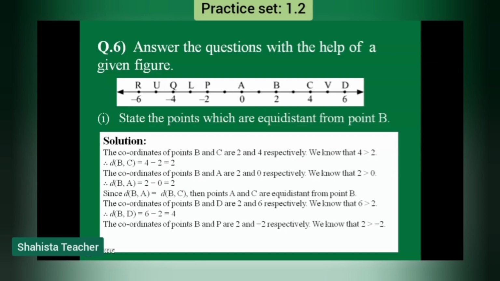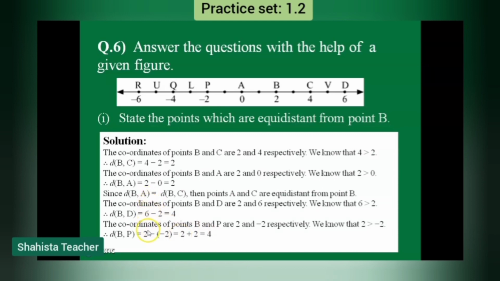Why the twice minus sign? Because we are calculating distance. This minus 2 is for P and this minus is for calculating distance. So 2 minus into minus gives plus. Whenever a bracket is there, we have to do addition. So minus into minus plus, 2 plus 2 gives us 4. Keep positive 2, minus into minus plus, and here 2. So 2 plus 2 is 4. Is that clear? Last we will write like this.